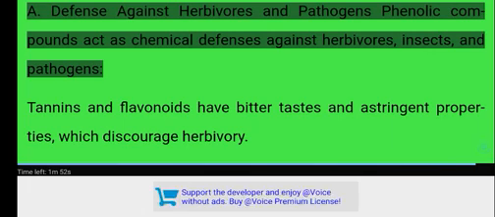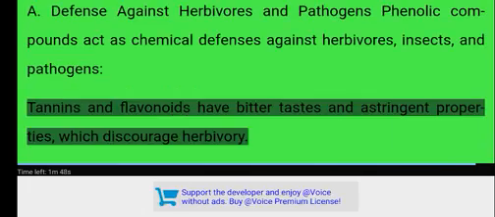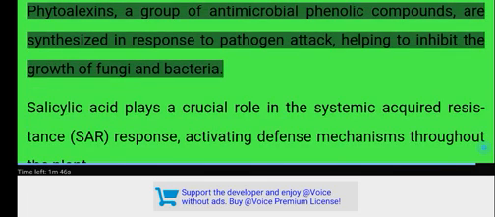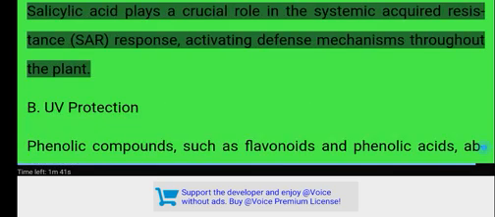A. Defense against herbivores and pathogens. Phenolic compounds act as chemical defenses against herbivores, insects, and pathogens. Tannins and flavonoids have bitter tastes and astringent properties, which discourage herbivory. Phytoalexins, a group of antimicrobial phenolic compounds, are synthesized in response to pathogen attack, helping to inhibit the growth of fungi and bacteria. Salicylic acid plays a crucial role in the systemic acquired resistance (SAR) response, activating defense mechanisms throughout